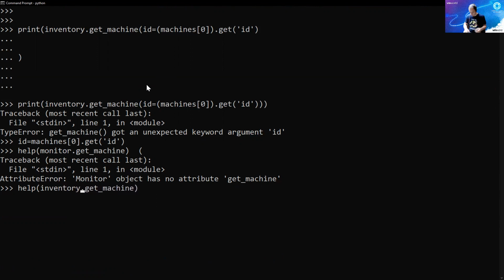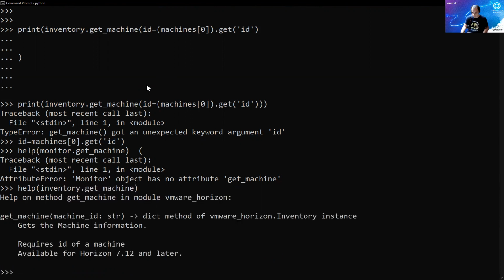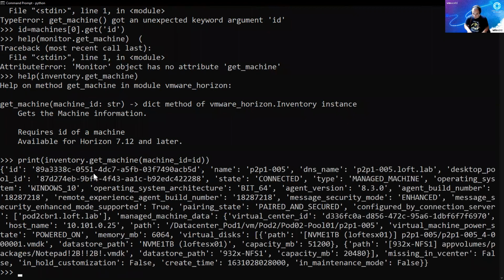Inventory. See, I'm not all that, even though I create, I'm not that fluent. I need a machine ID. So print inventory dot machine get underscore machine